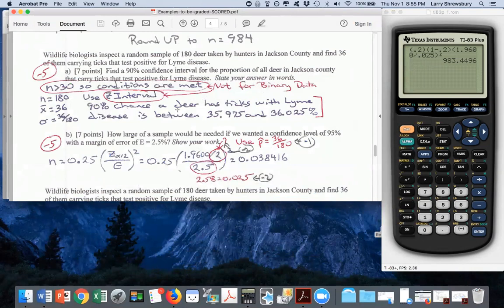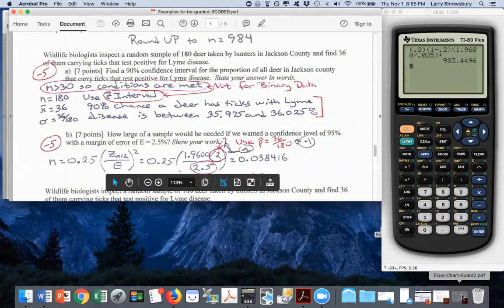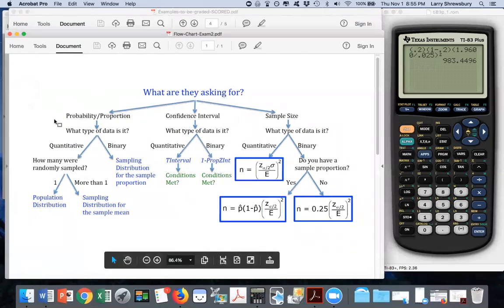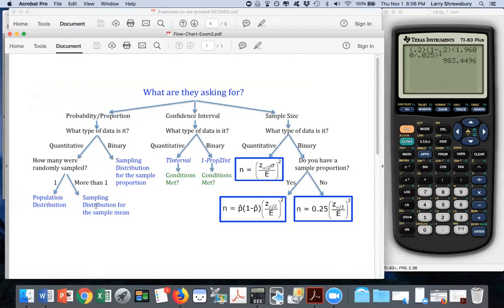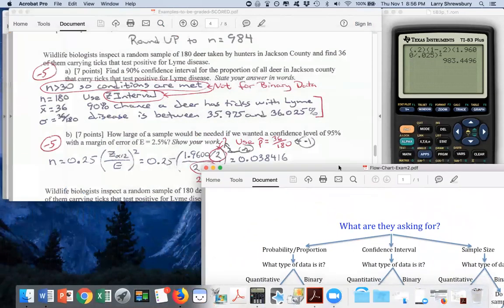90% chance a deer has ticks with Lyme disease is between that. This is an entirely incorrect interpretation. Let me show you what they're doing. They're trying to interpret it like it's over here. Remember over here, in order to calculate a probability, they're so confused, they're thinking this is